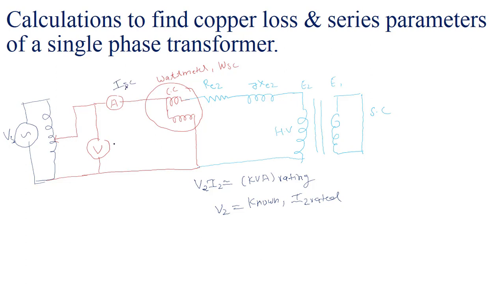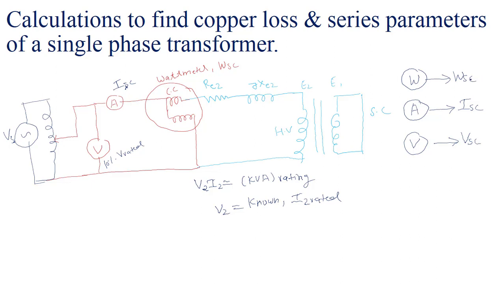Let us see, it flows at almost 10% voltage of the V rated. The voltage will not be equal to the rated voltage; it will be allowed 10% of V rated. At this instant, when the rated current starts flowing in the circuit, we have to record the readings of the wattmeter, let us say W short circuit, the reading of the ammeter, I short circuit, and the reading of the voltmeter, V short circuit.